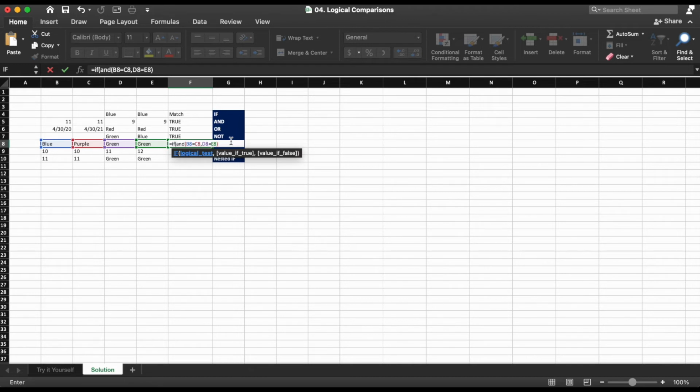So we're going to put a comma after that closed parentheses. And if it's true, we want to say "both match", and then put that in quotes, and then comma, and we'll make this "at least one doesn't match". Close our quote, close our parentheses.